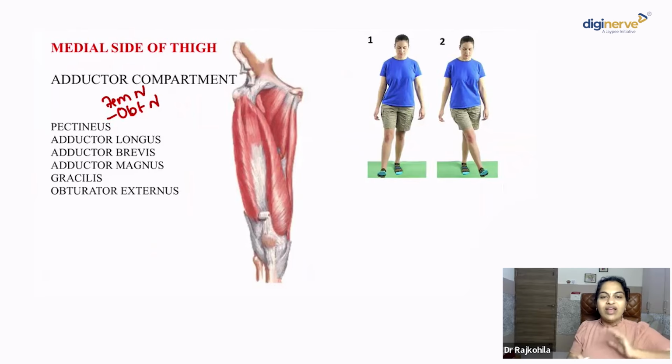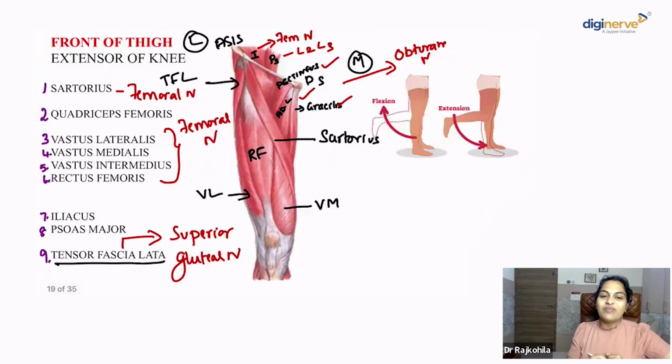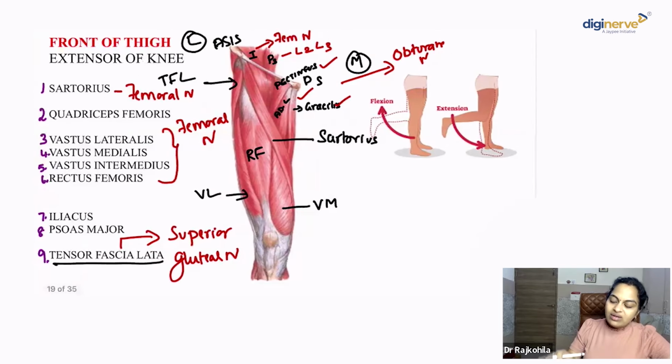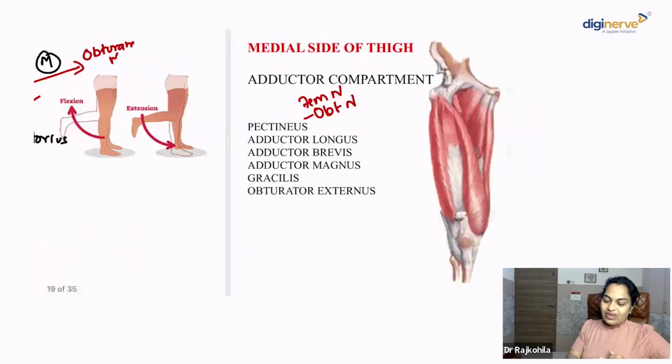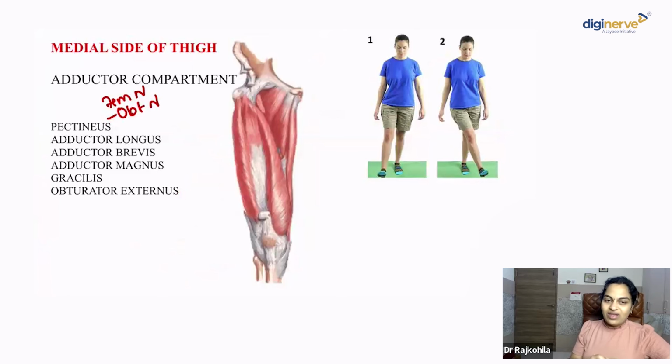Okay, so the femoral nerve innervates the four components of quadriceps femoris, the sartorius, the iliacus, and pectineus in the front of the thigh. And you know that the muscles in the front of the thigh can extend your knee and help you in standing. The muscles over the medial side of the thigh, yes, we have already seen pectineus, right? So this is the pectineus with dual nerve supply. This is adductor longus, and the medial-most muscle, which you cannot mistake, is the gracilis.